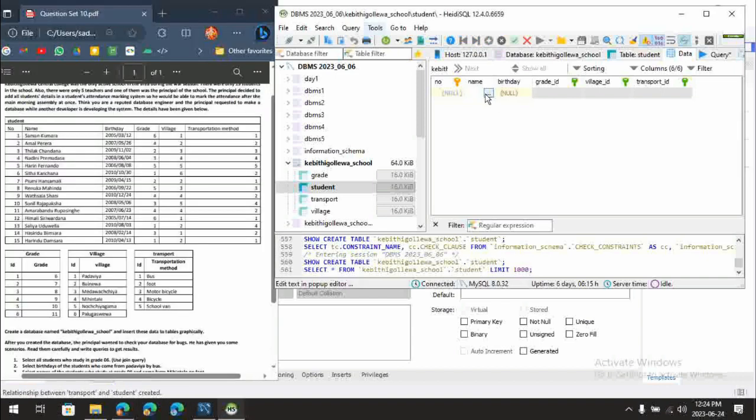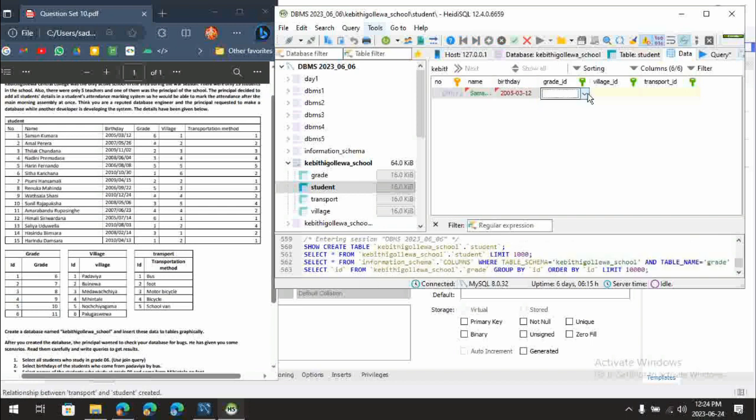And I'm going to insert my data into this table. The name of this student is Saman Kumar. The birthday is going to be 2005, 03 and 12. The grade of this student